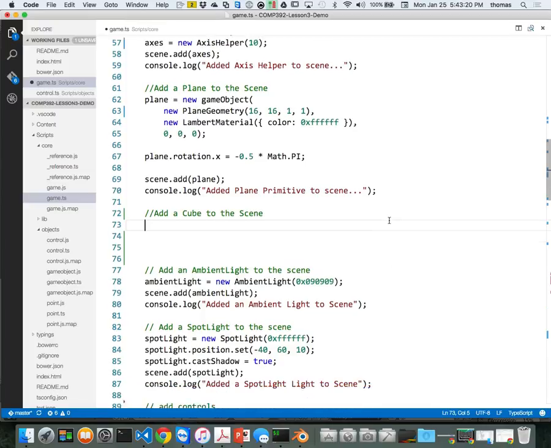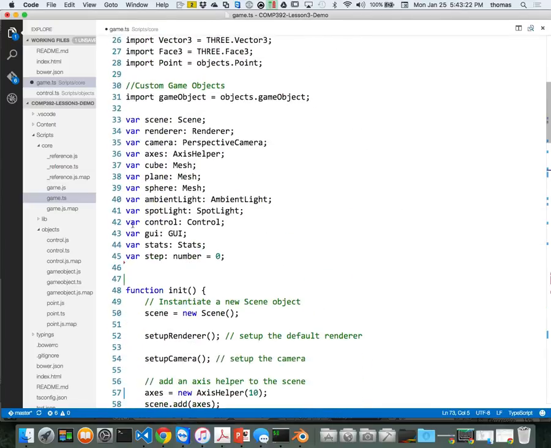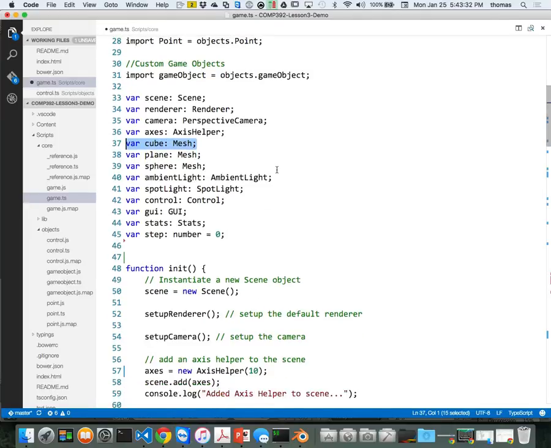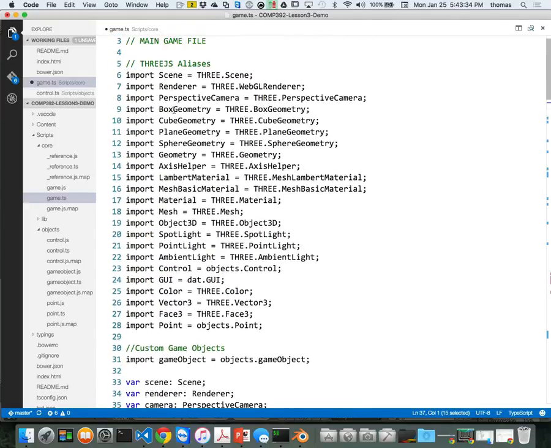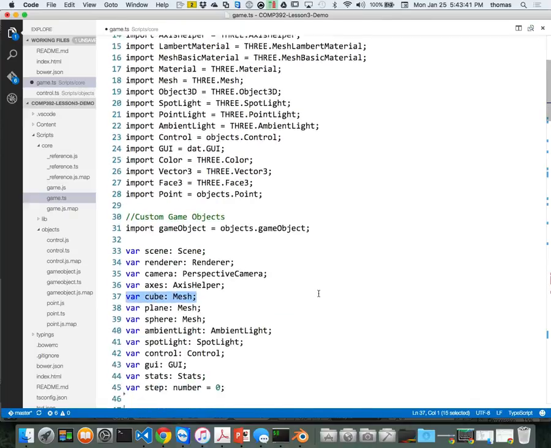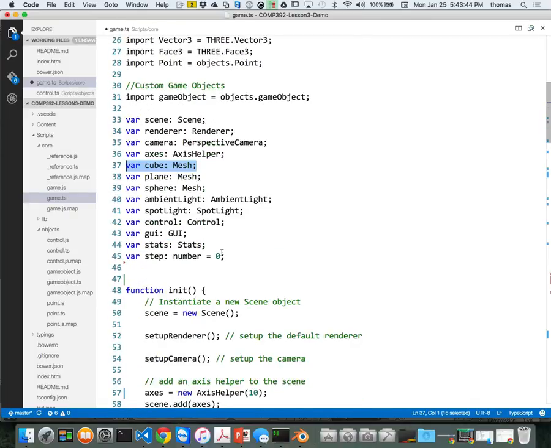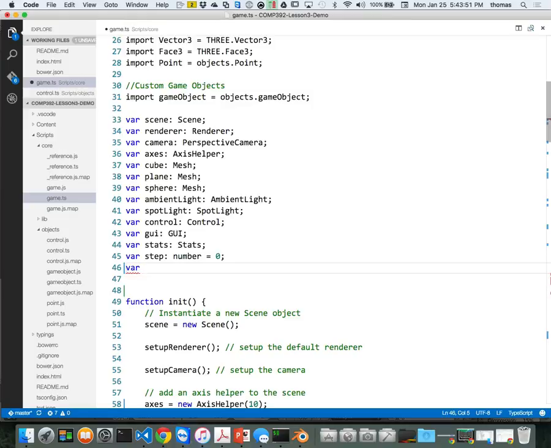So notice up here, I want to make this kind of, for our purposes, a global object. And I do. I have a variable that I've created as a stand-in object called cube, which is a mesh, right? I also have up here some aliases for cube geometry and Lambert material, which is what I'm going to use. But I need to create some material variables and geometry variables. So I'm going to do a var,